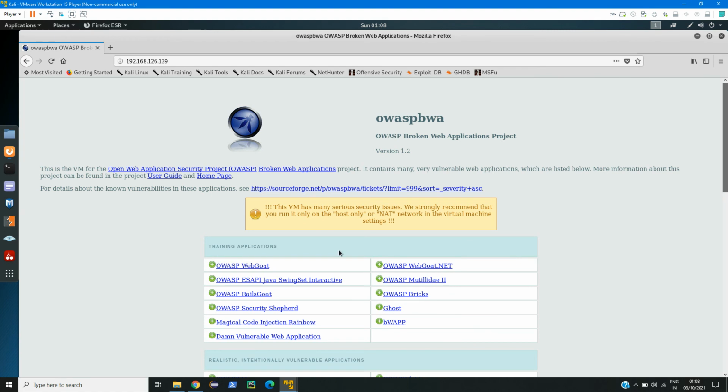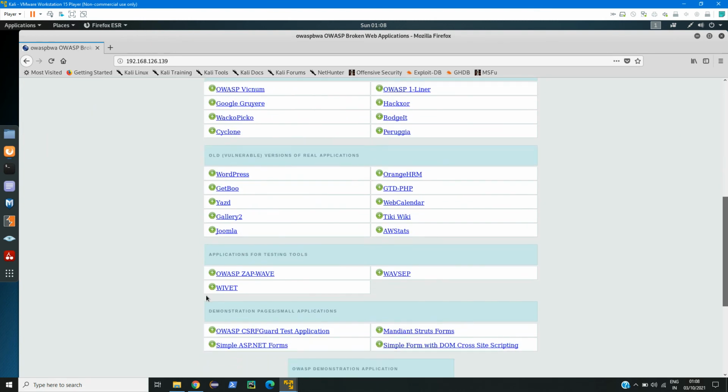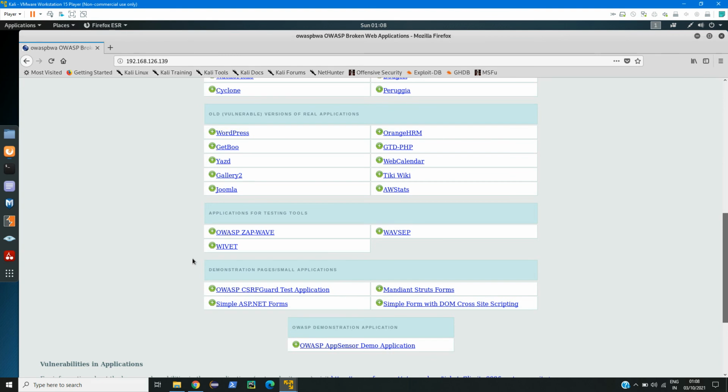Here you can see our OWASP web application is running. In one of the previous videos, I have explained how to install and set up DVWA, that is Damn Vulnerable Web Application. It is similar to that, but it has more features than DVWA, and even you can find that DVWA in this also.